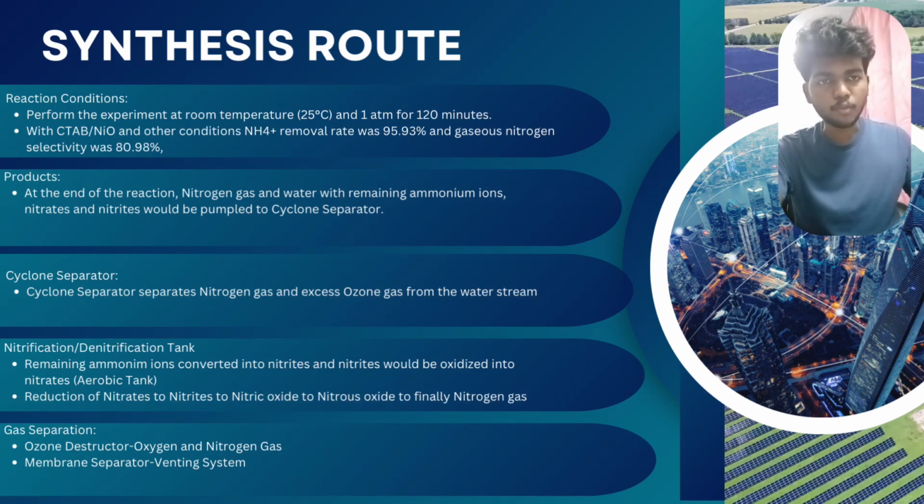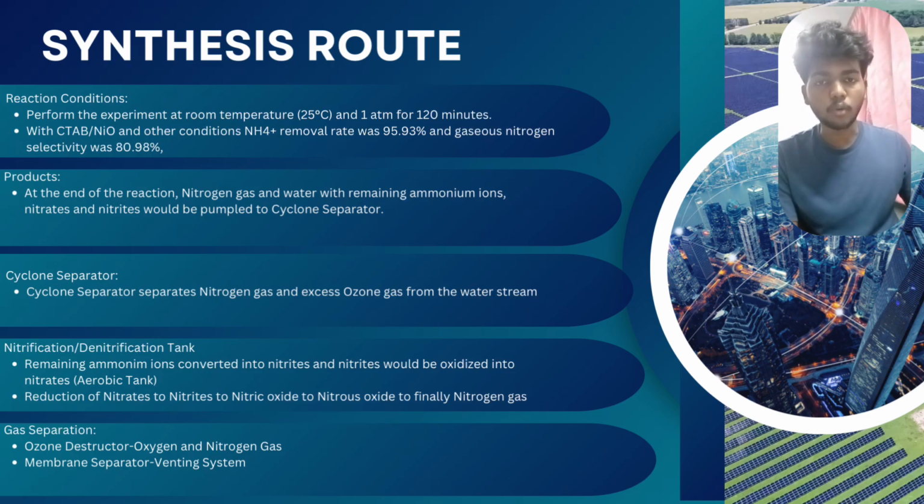Okay, for the next slide of the synthesis route, this experiment should be conducted at certain reaction conditions. The experiment should be performed at room temperature, which is 25 degrees Celsius, and 1 atmospheric pressure for 120 minutes. With the catalyst CTAB nickel oxide and other conditions, NH4+, which is the ammonium removal rate, is 95.93%, and gaseous nitrogen selectivity is 80.98%. At the end of the reaction, nitrogen gas and water with remaining ammonium ions, nitrates and nitrites